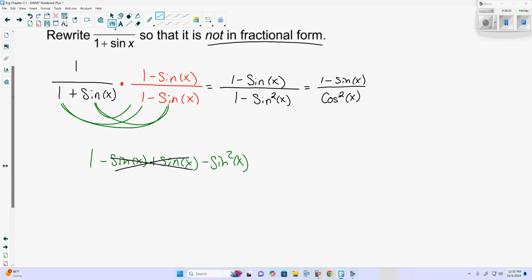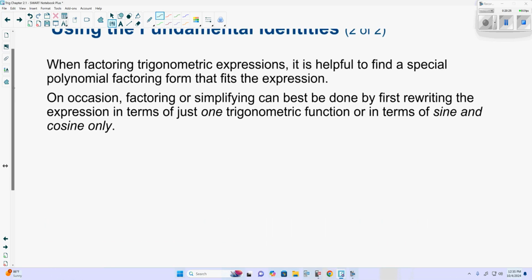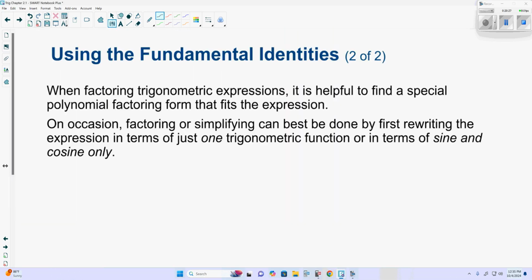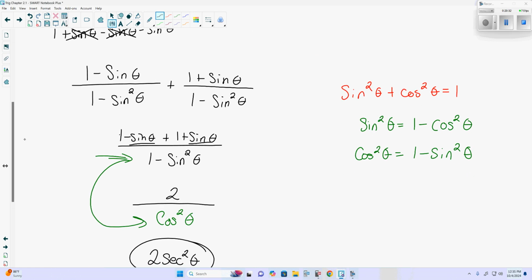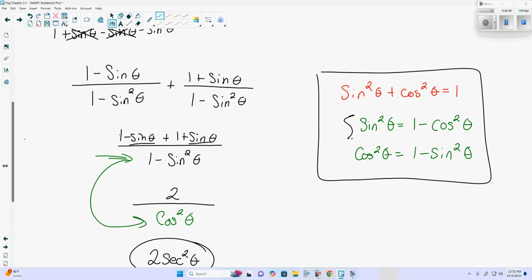But I'm coming back to here mainly for these three, specifically these two here. Because if I can get the bottom of that fraction into 1 minus cosine or 1 minus sine squared,